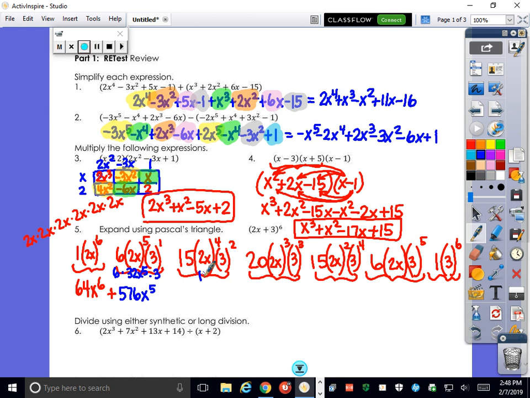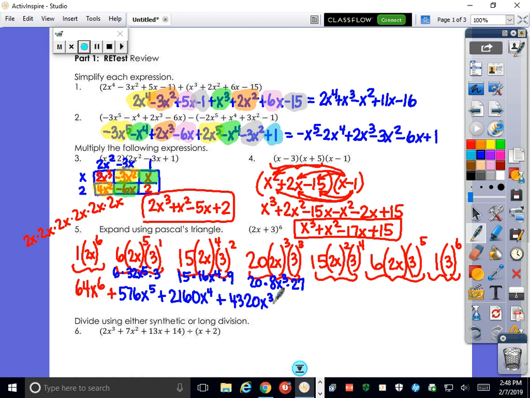Over here, we're going to have 16x^4 times 9, that's what 3 squared is, times 15. So that's going to give us 2160x^4 if you do that multiplication. Over here, we're going to have 8x^3 times 27, that's what 3 to the 3rd is, times 20, which is actually going to give us